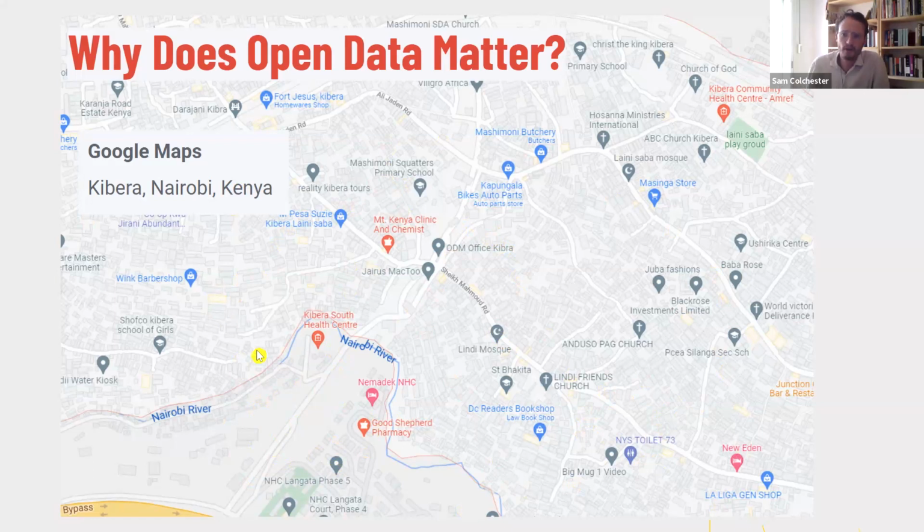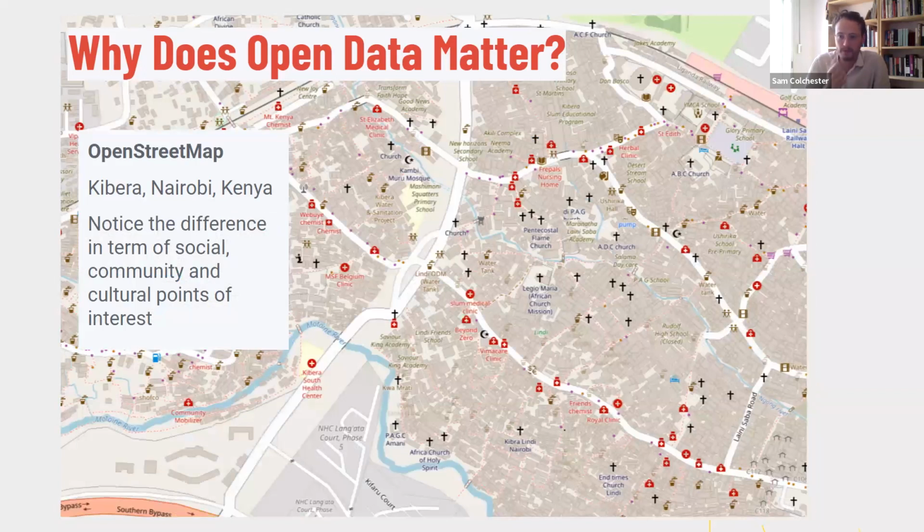But just note the points of interest here, which are mapped and given visual prominence. So we're seeing bikes, auto parts, a butchery, barbershops. Now let's jump to the same view on OpenStreetMap.